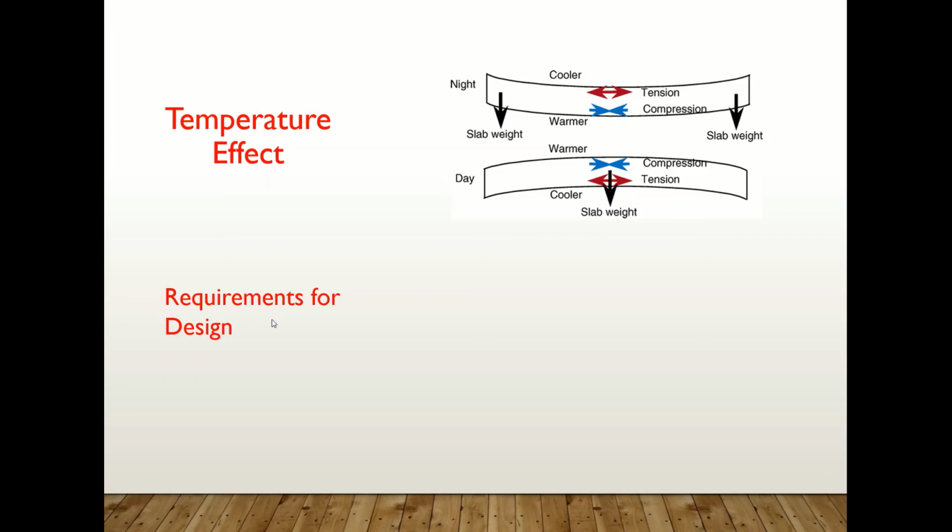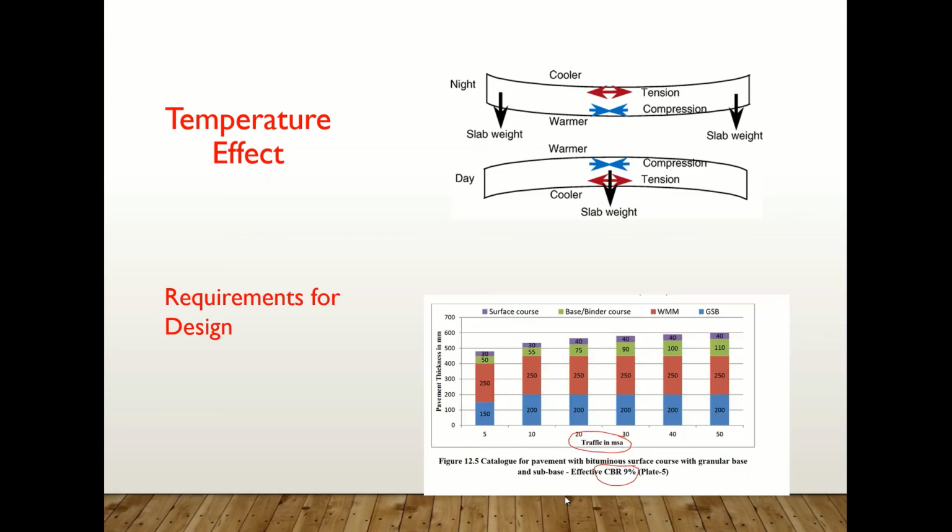What are the requirements while doing a flexible pavement design and a rigid pavement design? For flexible pavement, we need traffic in MSA and then CBR. These two are enough, and a few IITPAVE software calculations for the strains. But the basic fundamental things are traffic and CBR. But in rigid pavement, what are the things required? Axle load spectrum and then total volume of traffic, and then concrete related properties, all those things.